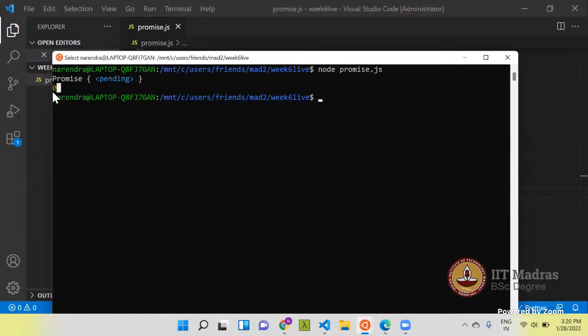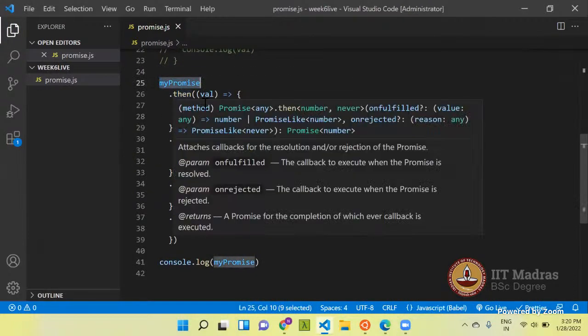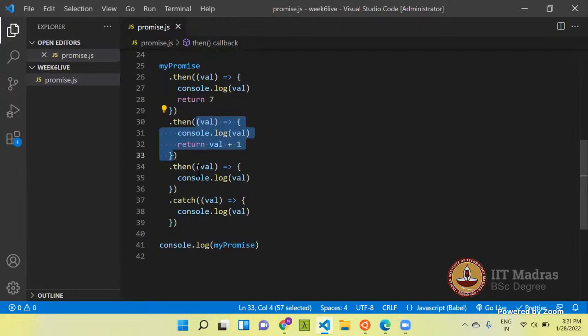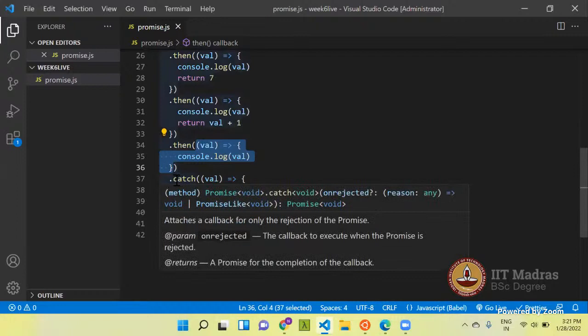See, it's printing 0. So what happened here? On my promise, dot then has only one callback function, so it doesn't find any handler for this rejection. So it goes to the second then, it doesn't find any handler which can handle that rejection, and goes to the third one. There also it doesn't find any handler to handle that rejection. And then it finds catch.